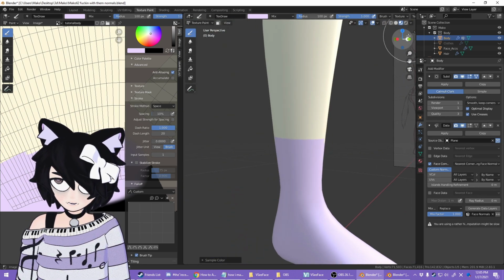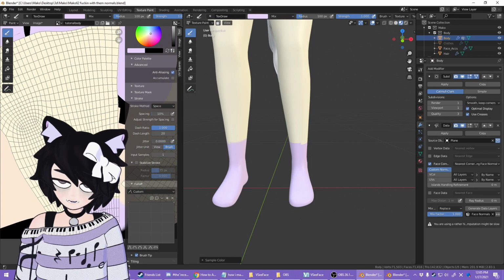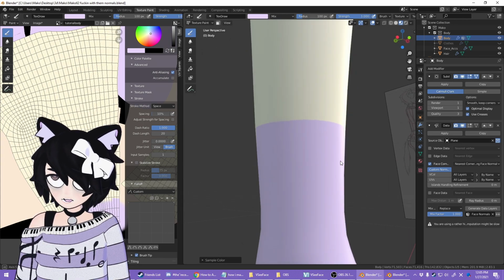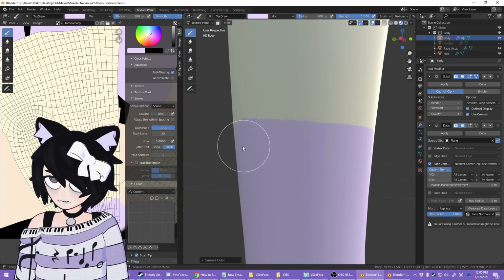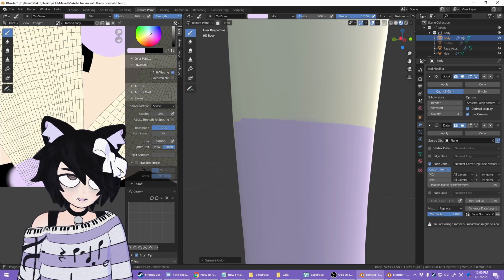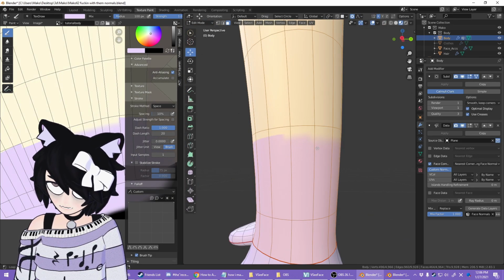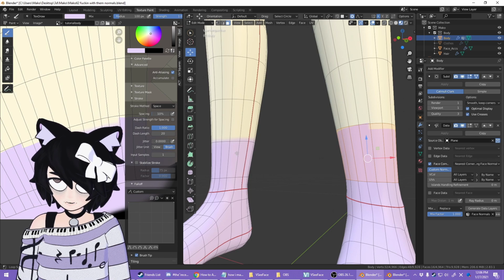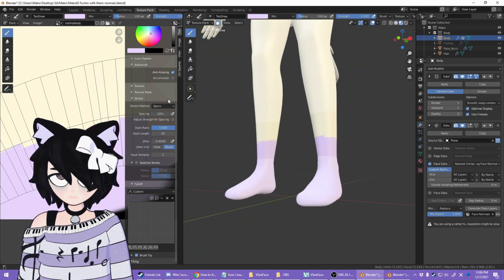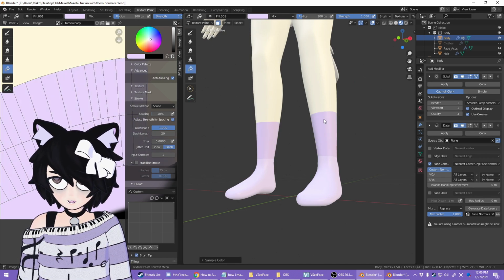It is always better when texturing to rely on UV placement rather than actual texture work in order to get the smoothest possible textures. Why draw in this seam yourself when you can have it specifically marked by where these polygons are? Alternatively, you could always select this face loop, and this one right here, go to texture paint, turn the mask back on, and whoops, do it like that.